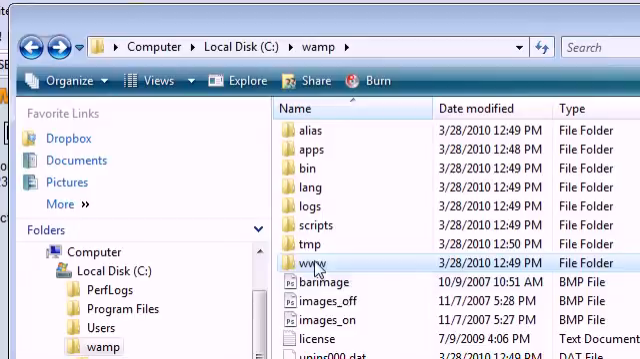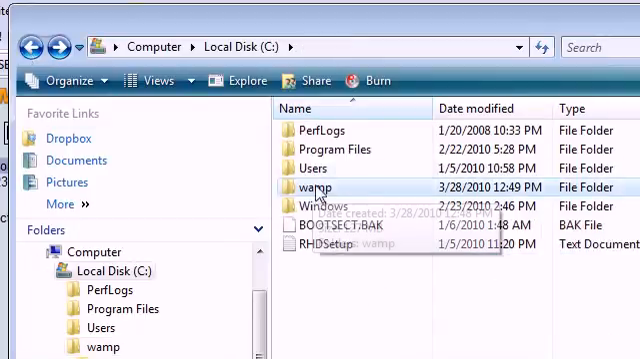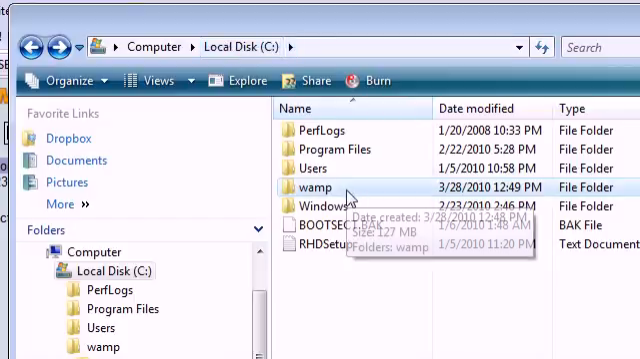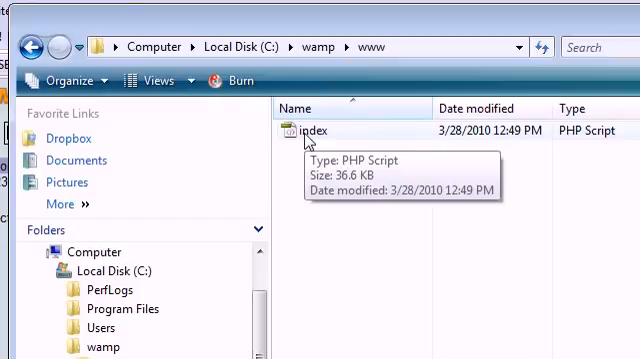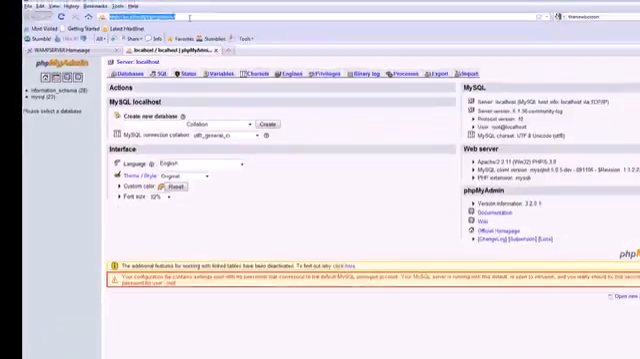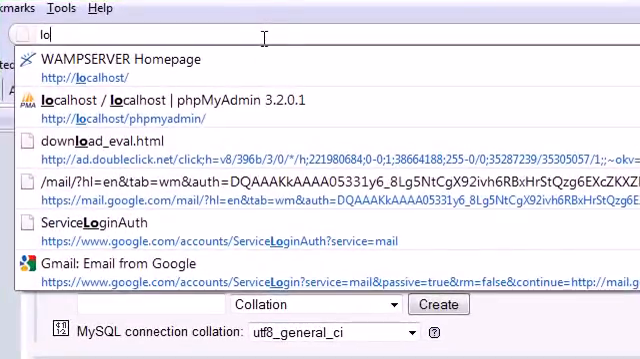and we are also going to be using this folder right here, this www folder, which is going to be inside your Wamp install folder, which is going to be in your local disk or in your C drive, on the root level of your C drive. So you double click on Wamp, you double click on www, and you can see that there's already an index PHP script inside of the www folder,